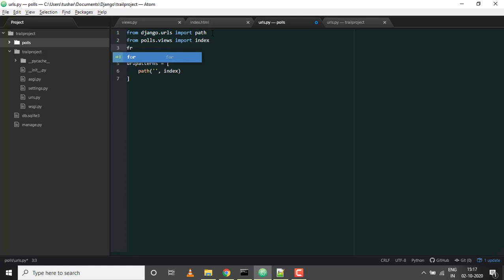Similarly, we can do from dot, where dot is my current directory, import views. Or we can do from .views import index. So there are several ways you can call it, however you want to do it.